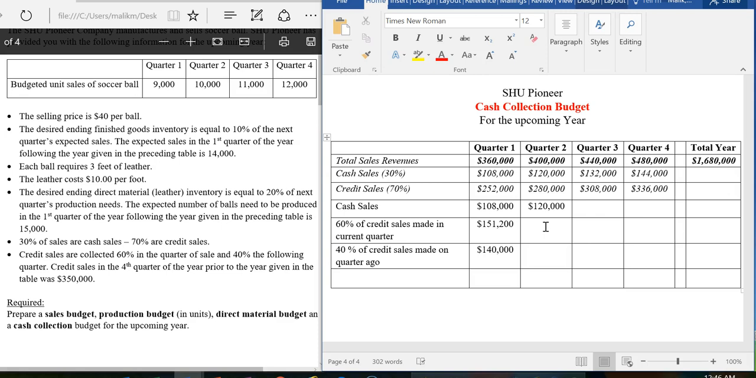280,000 times 0.6, which I got $168,000. So let's do it here. $168,000. Now they're gonna collect 40% of their past quarter's credit sales. So that means when you are doing Q2, their past quarter is Q1, and Q1's credit sales is $252,000. So let's take 40% of it, and they're gonna collect it in Q2 here. And I found if you take 40% of these credit sales, you will get